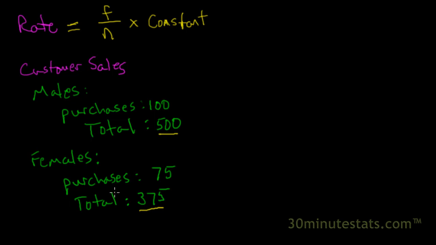And because we're talking about rates for groups that are in the hundreds here, 500 men and 375 women, we'll make our constant equal to 100. So we'll calculate a purchase rate per 100 males and a purchase rate per 100 females. Okay, so to do that, we'll begin using our rate formula. For males, we'll say that there were 100 purchases divided by 500 males in our